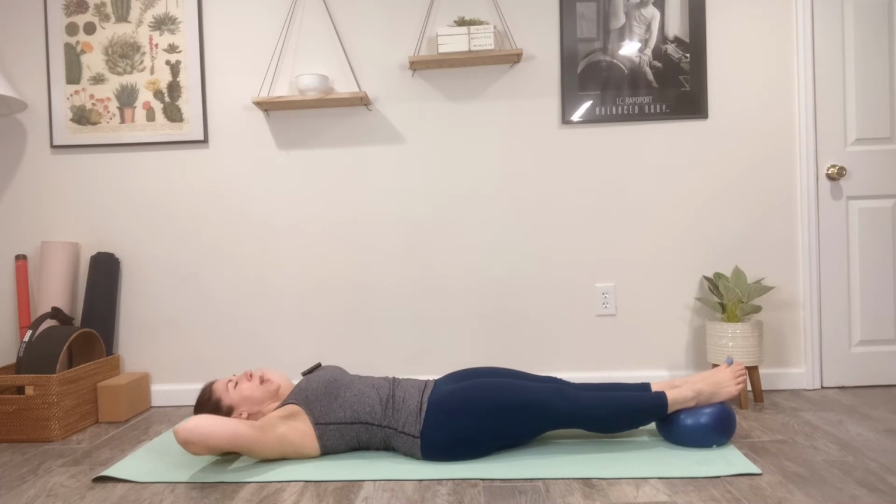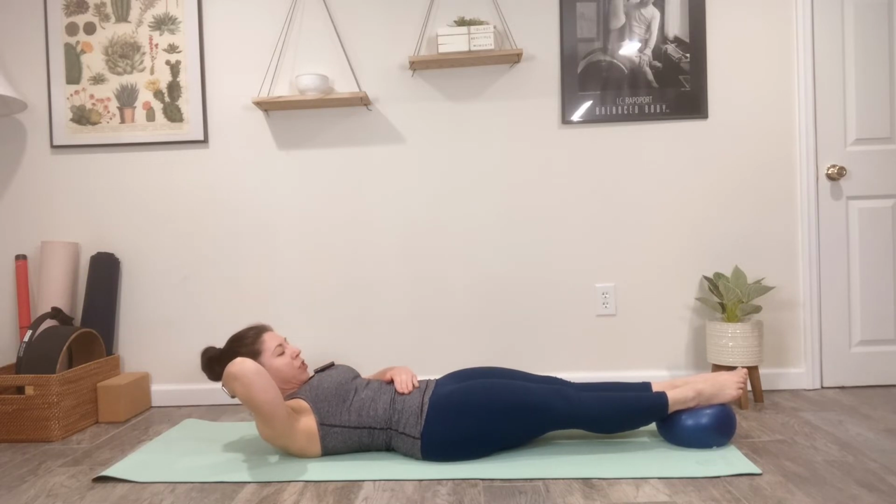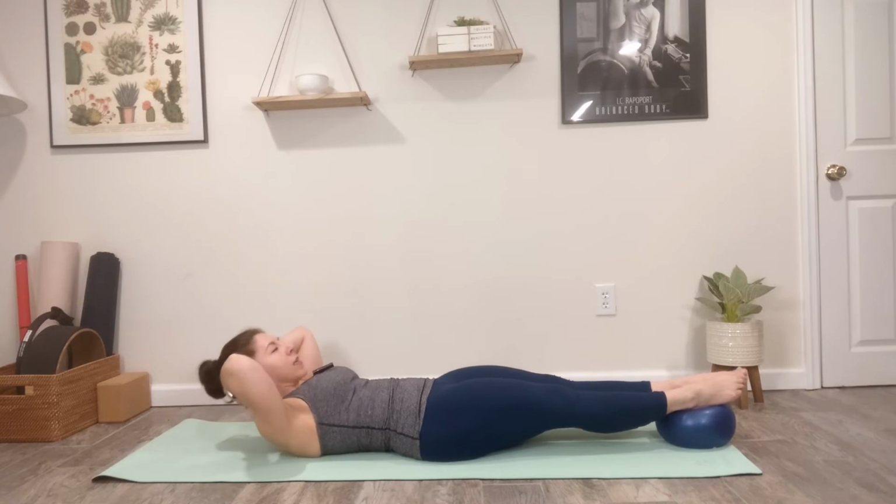And now lift my head, neck, and chest up. Good. Think about how long you can make your legs. Look down at your belly and see how braced your belly can get. From here, just little exhales, little pulses up. 10, 9, 8, 7,